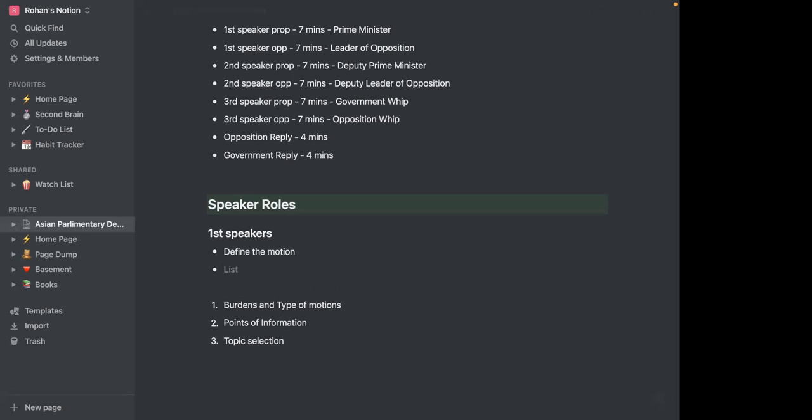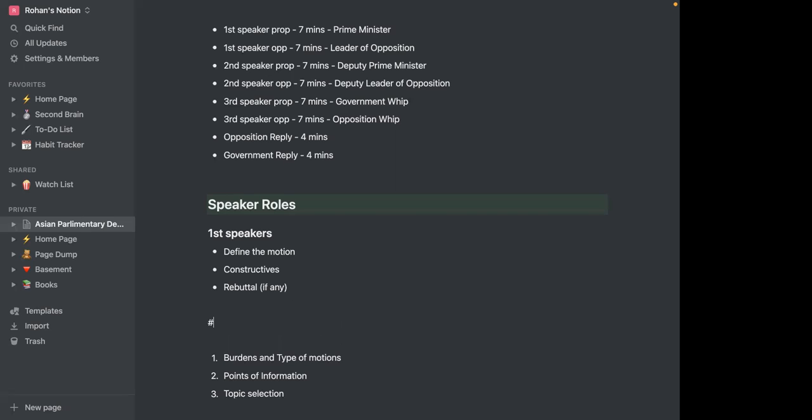That's number one. What happens after you define the motion? The first speaker is then supposed to provide constructives, where they give the most important of the team's argumentation. As a first speaker, you have to focus on the important argumentation, because you want all three speakers talking about it, because that's how you make the most convincing argument possible, and highlight the most important ones, which will potentially win you the debate. So you want to talk about the most important constructives within your debate. If you're first speaker opposition, you are also expected to provide some rebuttal, if any, right? Where you take down the other team's case. This is what the first speaker does.